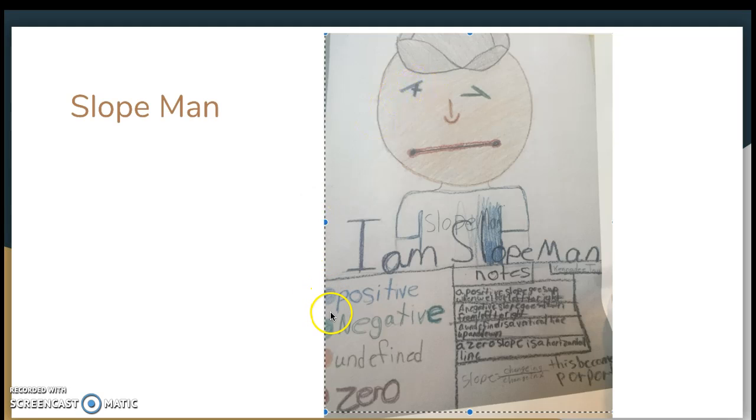You can see this key right down here where this student was able to remind herself of what slope was. It's a change in y over the change in x, and the notes that she made so that she could make